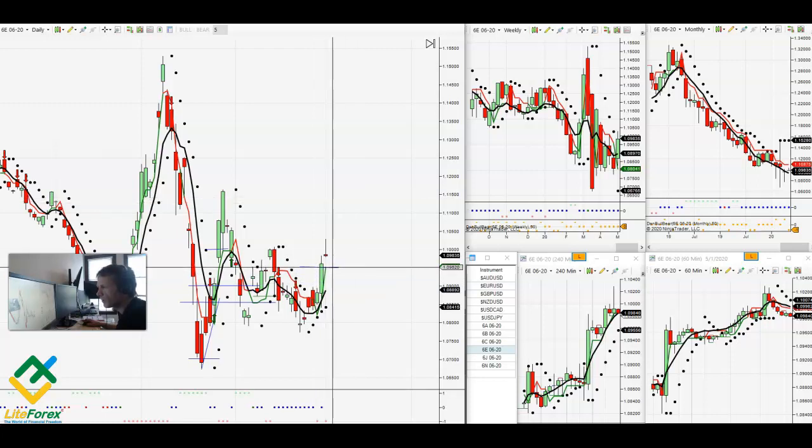Let's see if that can hold. I don't see how that's going to hold. So we could look at 109.2, I think would be a more interesting price, because one of the things I always do is when you have a big breakout candle, I'll draw